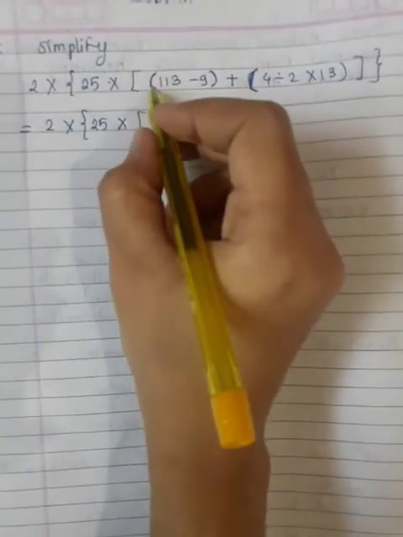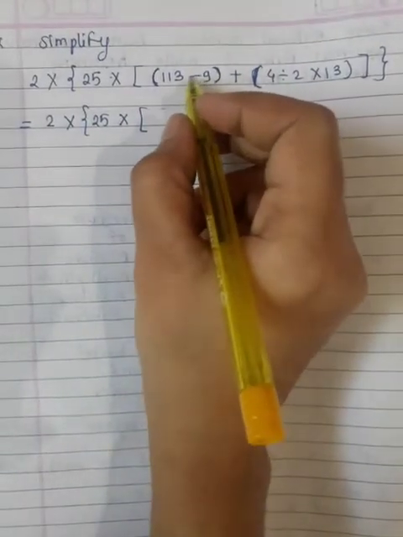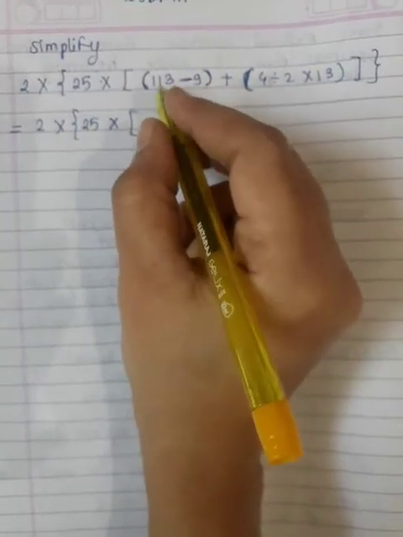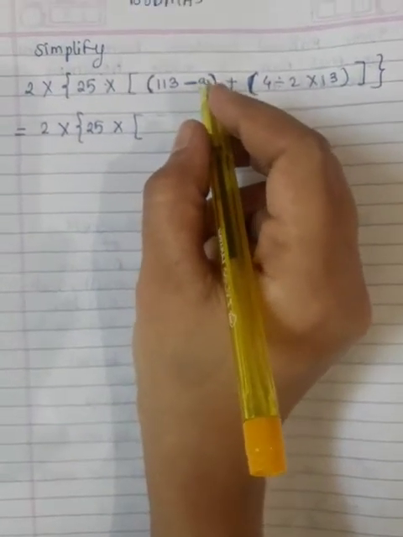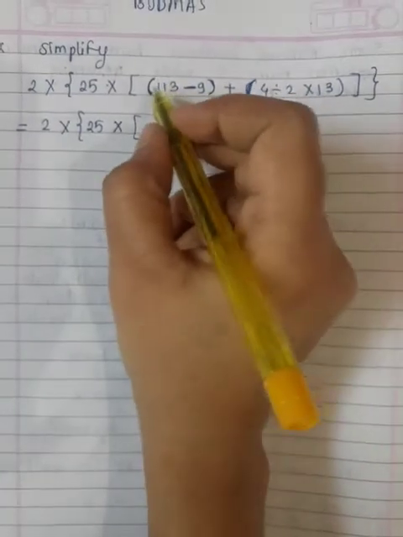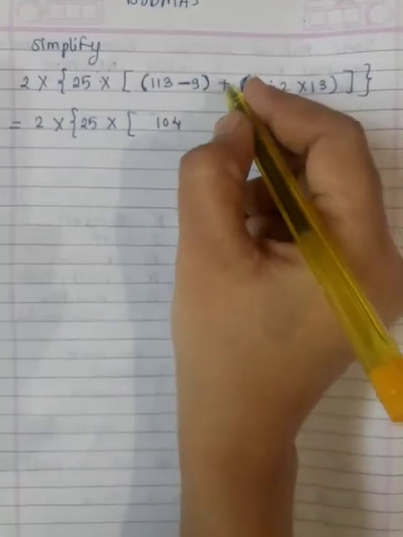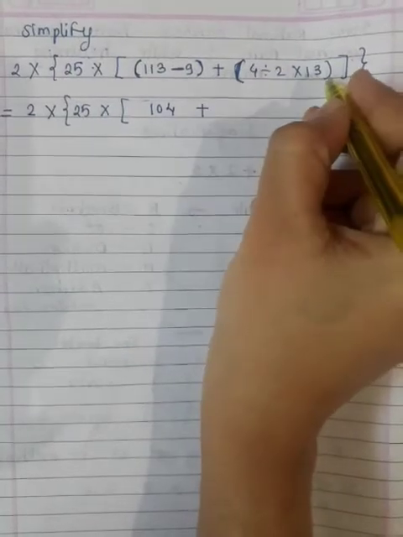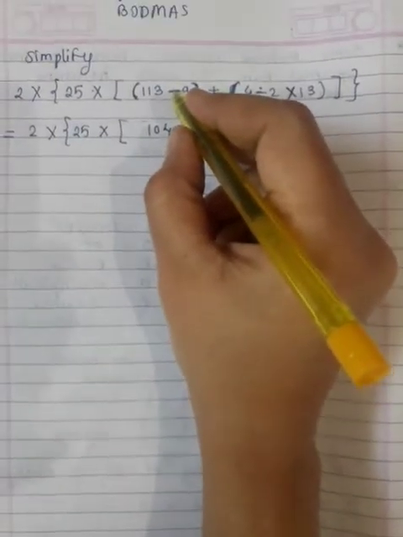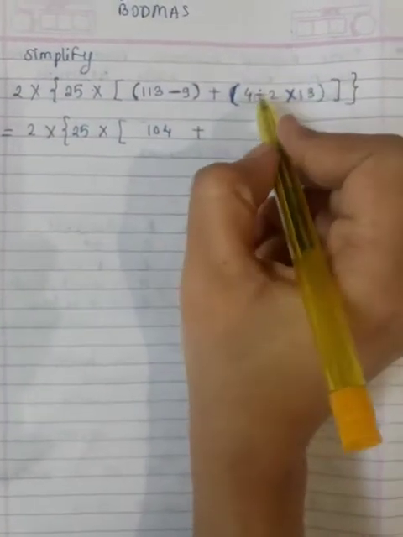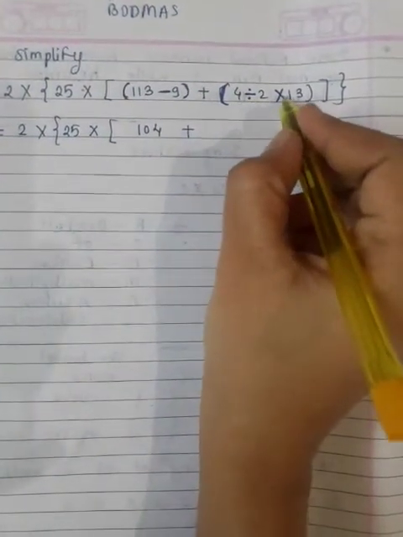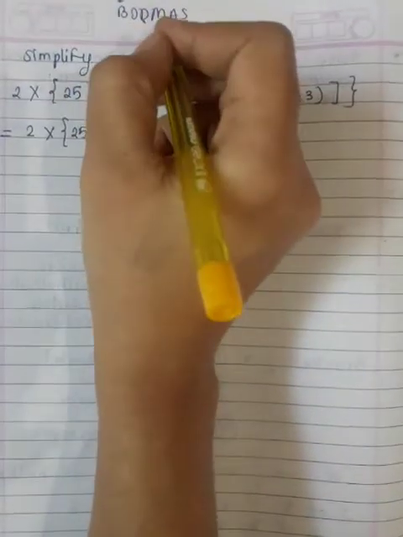Now see, to solve this round bracket, you observe that there is subtraction. So 113 minus 9 gives you 104. Okay, 104. So after solving, remove that bracket. Okay, now after that there is plus. Now in this round bracket there are how many operations? 2. Okay, in this bracket there was only one operation, minus, so you can write directly, but here there are two operations. So here see, how many operations are there? Division and multiplication, but we know we first do division and then multiplication.